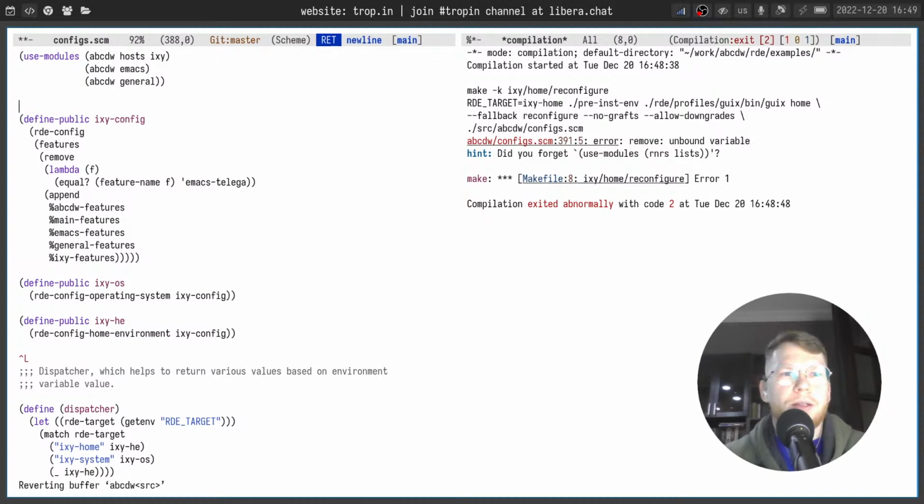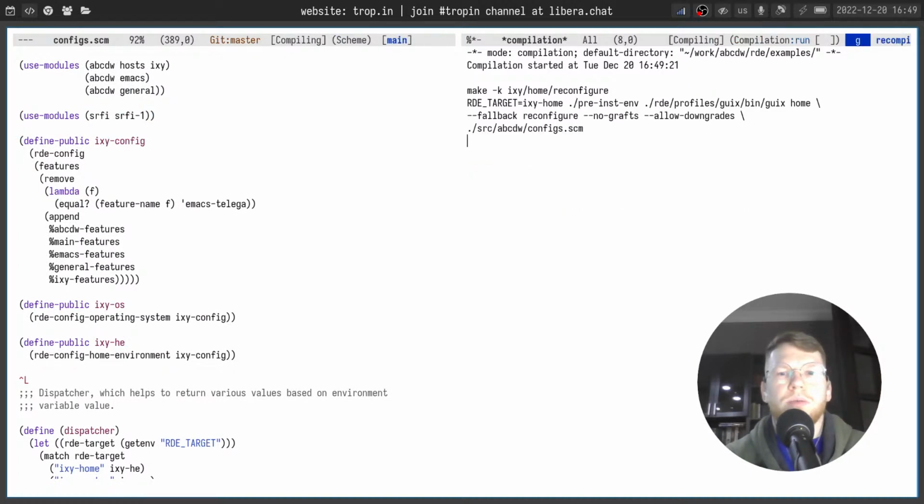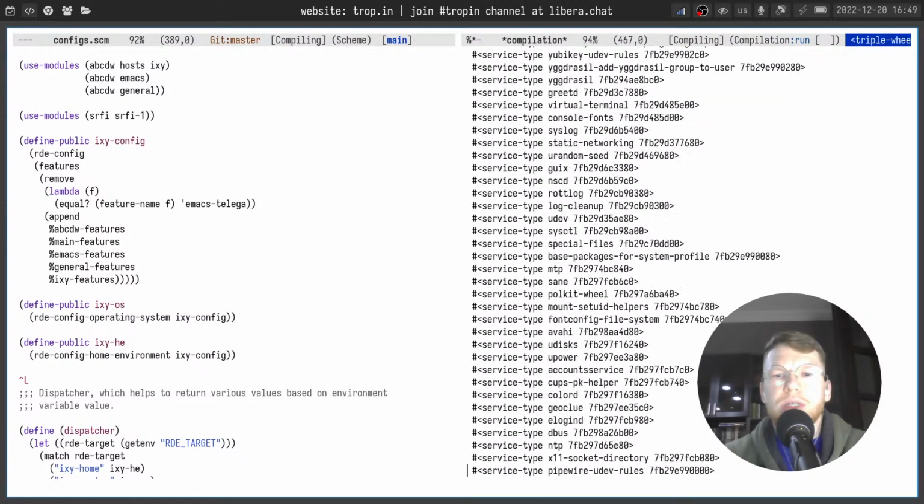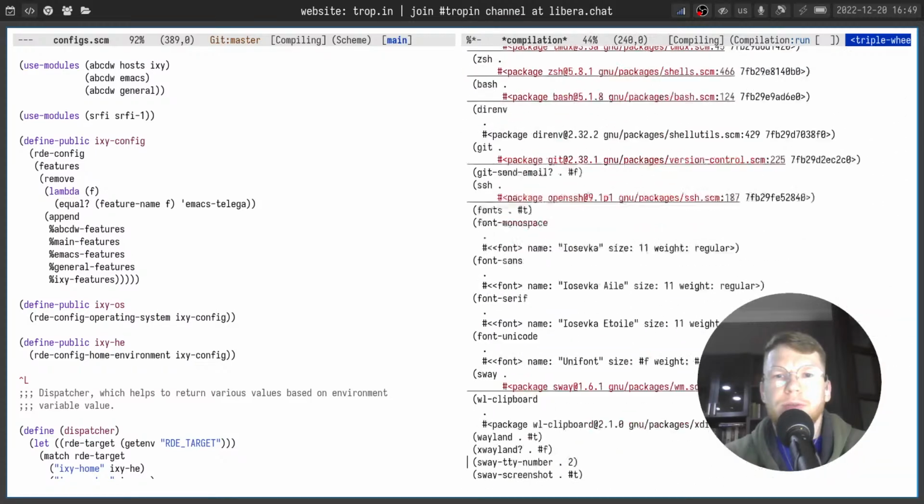Okay. Use modules srfi1. Okay, now we see a lot of services here,